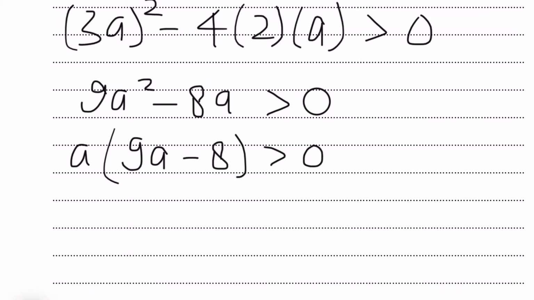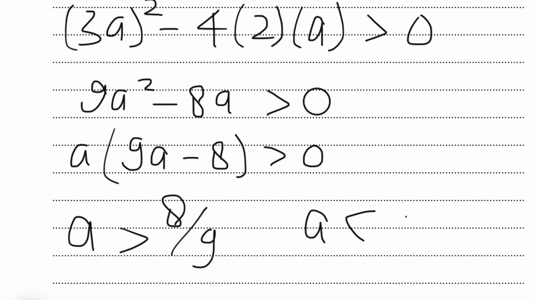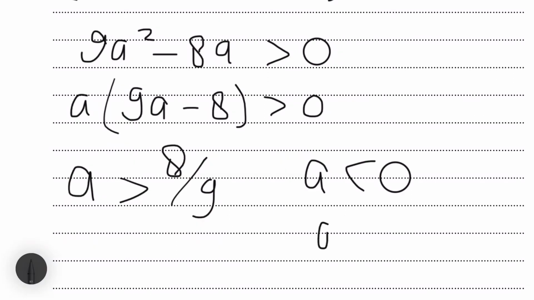So your values are a is larger than 8 over 9 or a is smaller than 0. This can't be a larger than 0 because if a is larger than 0, then your points will not meet